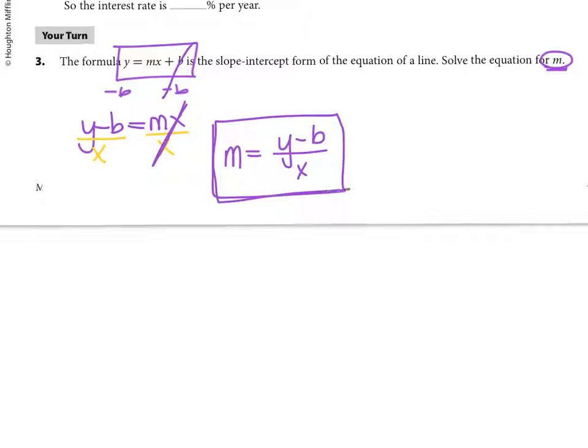Now, I know you might look at this and say, well, why are we doing this? A lot of times if you have really complicated equations and you're going to be doing the same process with different numbers over and over and over again, it makes more sense to solve it the first time than it would be to plug in numbers and resolve over and over and over again. Okay,